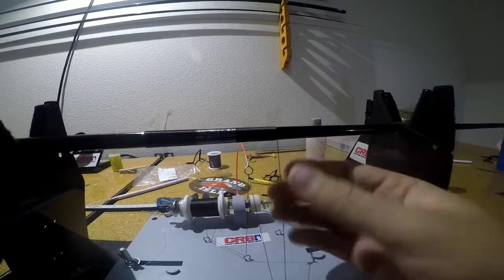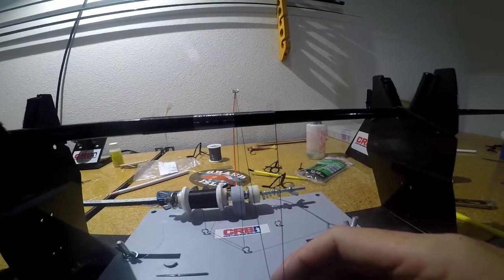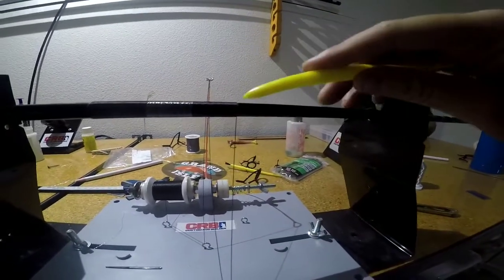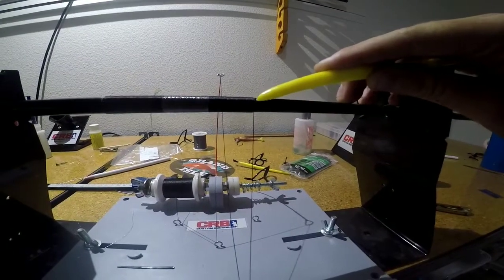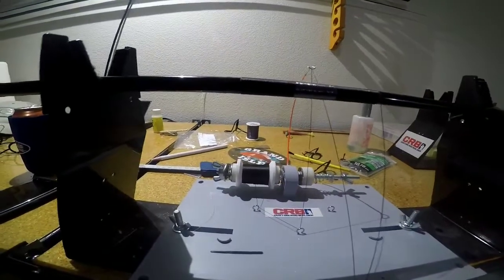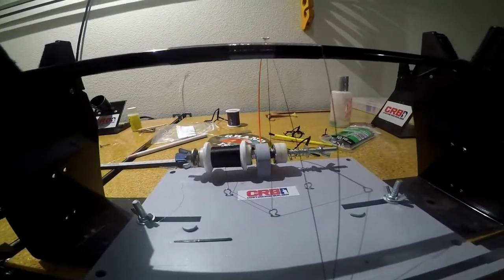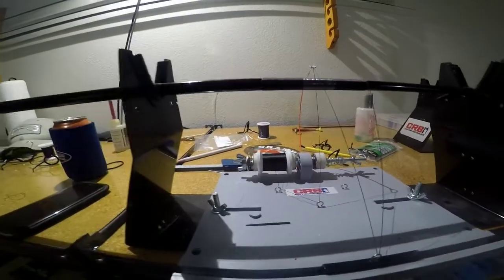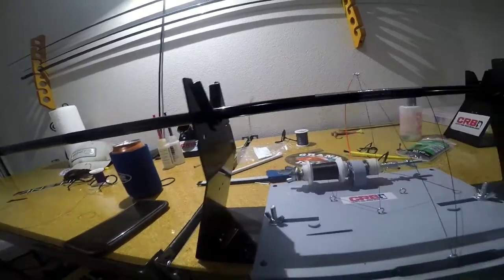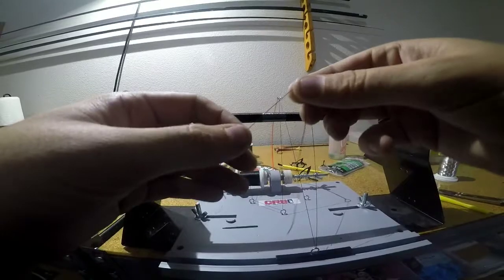Alright, so now we are to a tie-off point, as you can see. The China chalk is starting to show right here on this end piece. Go ahead and kind of scratch that away a little bit. And I like to use a different color strand whenever I do this, so I can see the two different spots. So I'm going to cut me a little strand of purple. I don't know how well you can see it on the camera,